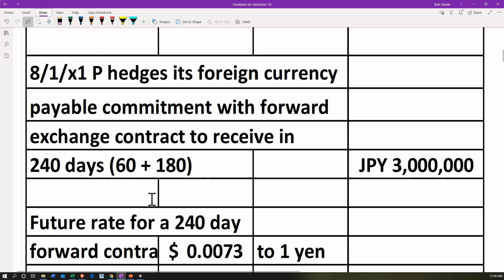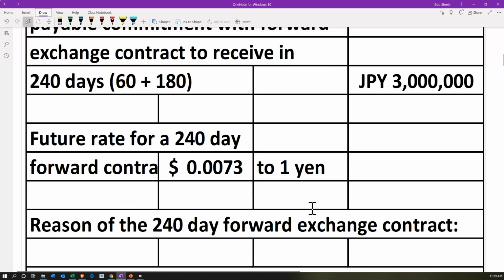One being the 60 days from the point in time that we basically have a contract to make a purchase to the point in time that we make the purchase, when we get delivered the goods at that point that we put it on the books on account. And then 180 days from the point in time that we have the goods on account, then we actually pay it with the payment of the accounts payable. That means that this 240-day forward contract will cover both those time frames, both those time periods, the 60 and the 180 days. The future rate for a 240-day forward contract is going to be